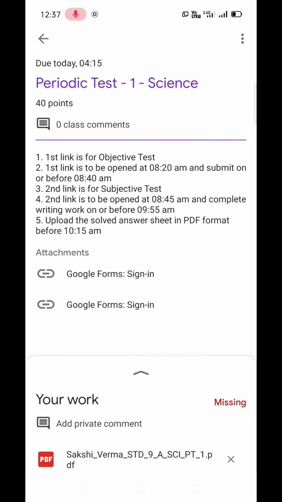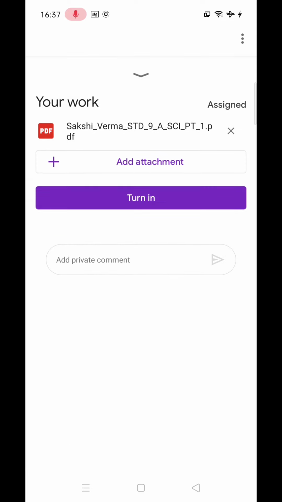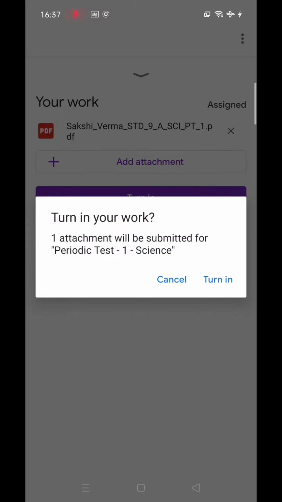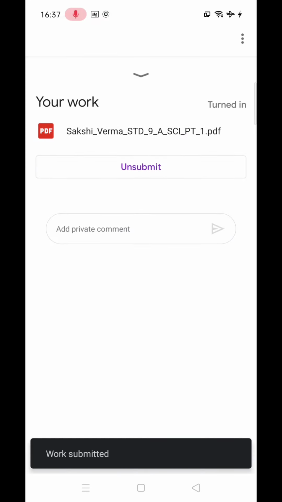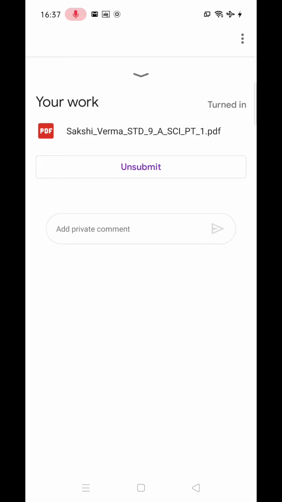It will show that the Sakshi_Verma standard 9th A PDF file is successfully attached. Once the PDF file is attached and you can see the file name clearly, click on the Turn In option to submit your Periodic Test 1 answer sheet. Now you can see work is submitted.